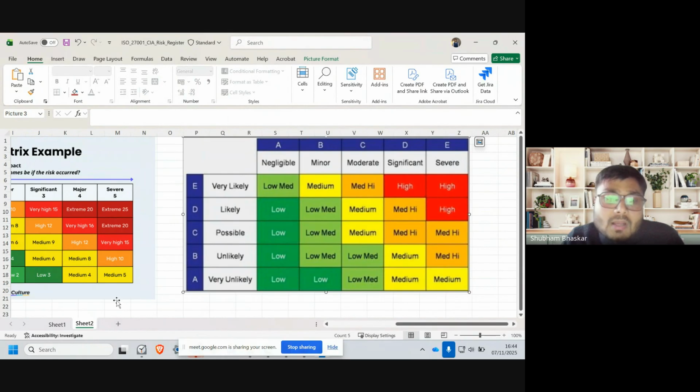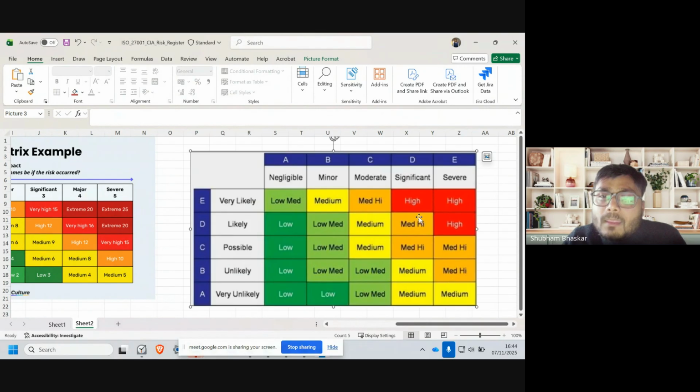So let's say, how do I do this? Imagine that this left side of the graph you are seeing is likelihood, and above what you are seeing is the impact. If I come and tell you that the likelihood is possible and the impact is moderate, there you go, the risk that you have is medium. If I come to you and say that risk is very unlikely but the impact is severe, then where will it fall? It will fall here, medium. Am I making sense, folks? Any questions